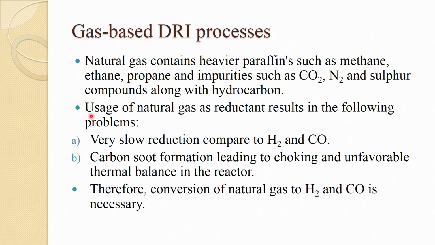compounds along with hydrocarbon. So, usage of natural gas as reductant results in the following problems: very slow reduction compared to hydrogen and CO. In this form the reducing power of natural gas is very low, and that is why there is very slow reduction. Carbon soot formation occurs because heavy paraffins are there, leading to choking and unfavorable thermal balance in the reactor. Therefore, conversion of the natural gas to hydrogen and CO is necessary, and that is why we need the